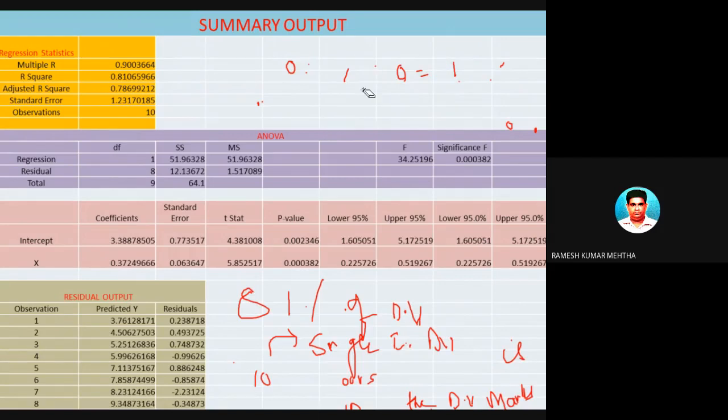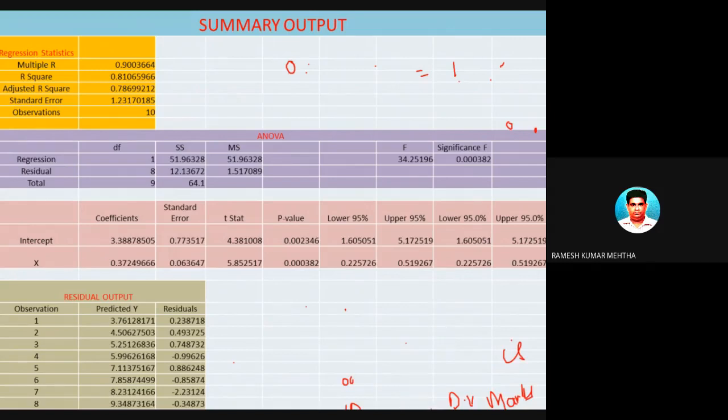Where can you use this kind of models? If the model is below 50%, then I will say that you can discard this model. You can just ignore this model. The dependent variable is not explained by the independent variable or set of independent variables. Now, what I mean to say is this R² should be very high.